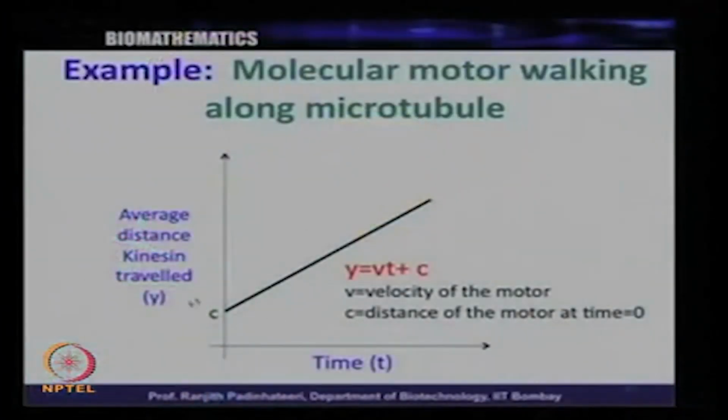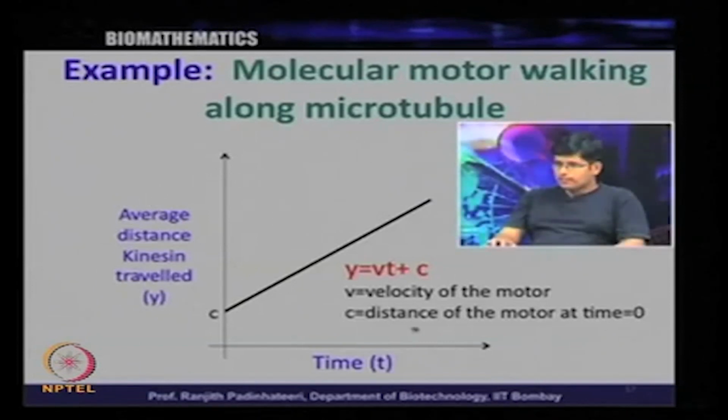So, what is plotted on the y axis in the graph is basically the average distance the kinesin traveled from the center versus time, and you get a straight line. The equation is y equal to vt plus some constant, where v is the velocity of the motor and c is a constant distance. You have to keep in mind that this is not the instantaneous distance, but